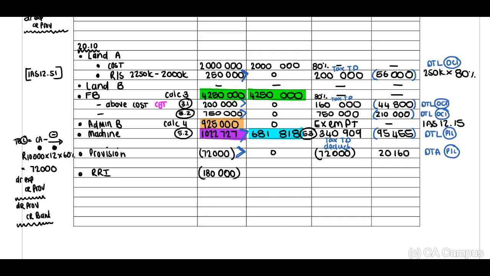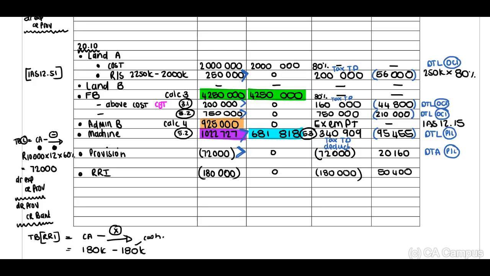Okay, so if this is revenue received in advance, remember your tax base of revenue received in advance will be the carrying amount minus the amount that will not be deductible in future. Carrying amount is the 180,000, assumed received in cash. Therefore, our tax base will be 0. Our temporary difference will be the 180,000, and our deferred tax will be an amount of